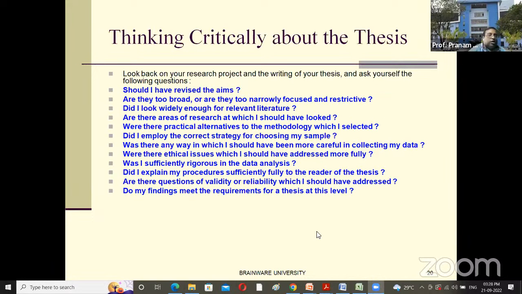Now, thinking critically about the thesis after you have completed writing it. Look back on your research project and the writing of your thesis, and ask yourself the following questions. Should I have revised the objectives or aims? Are they too broad, or too narrowly focused and restrictive? Did I look widely enough for relevant literature? Are there areas of research at which I should have looked? Did I